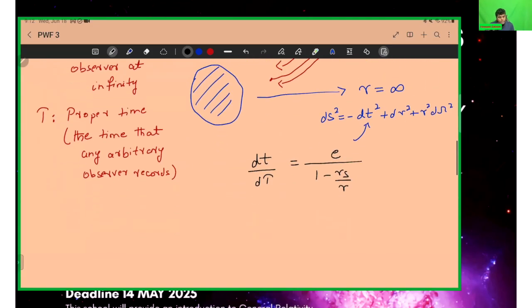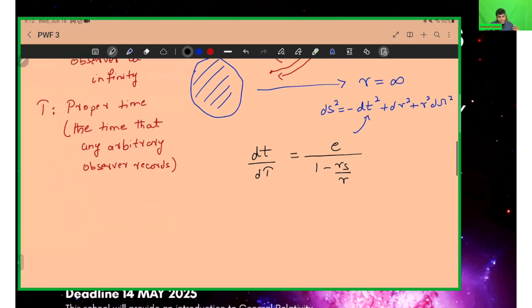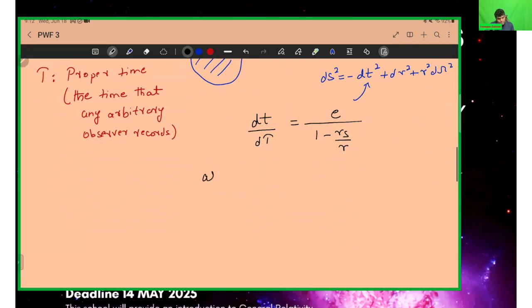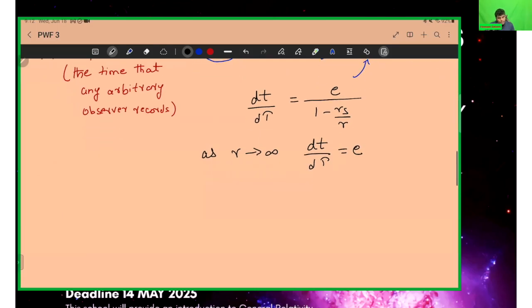Now, the thing is that as r becomes bigger and bigger, so as r approaches infinity, dt over d tau equals E. But if r is less than infinity, which means r is not that big, if it is small, then this particular thing becomes small, which means that this whole fraction becomes big. Now, what does that mean? It means that if r is finite,